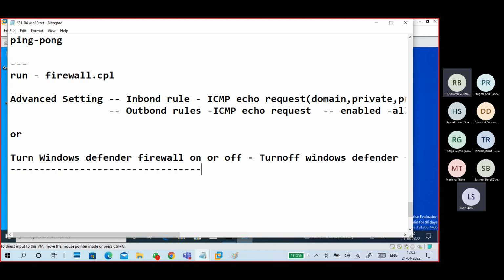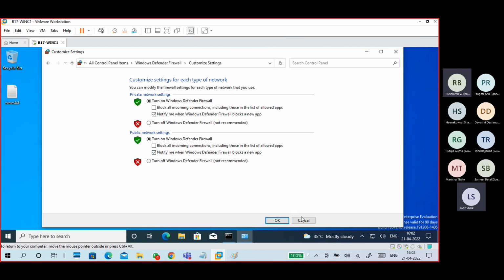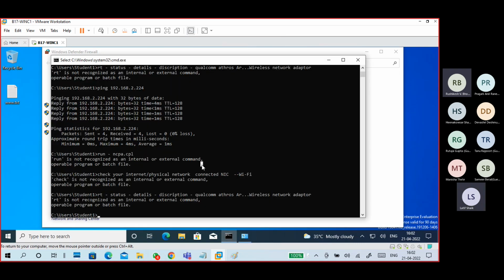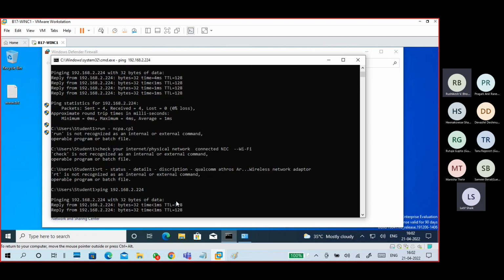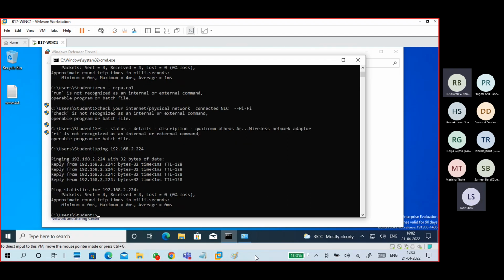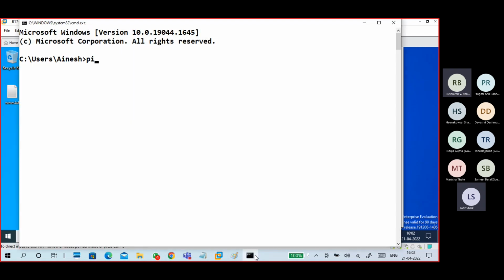So then we are able to communicate both sides. From here you are able to ping from the physical machine to the virtual machine, and from the virtual machine to the physical machine.